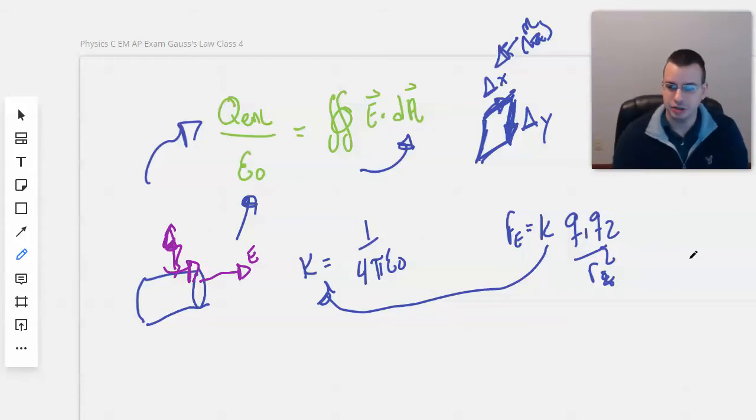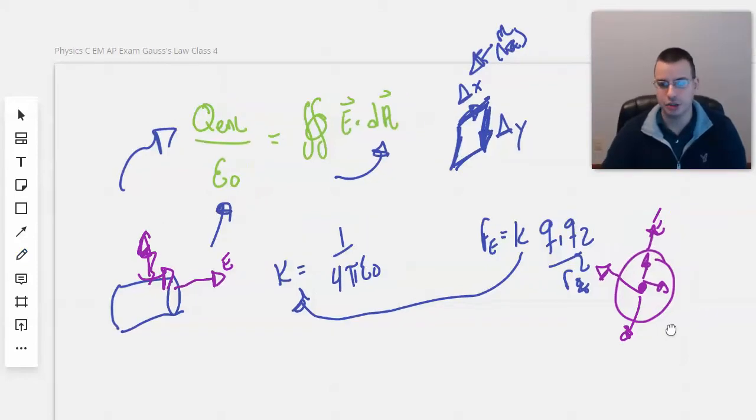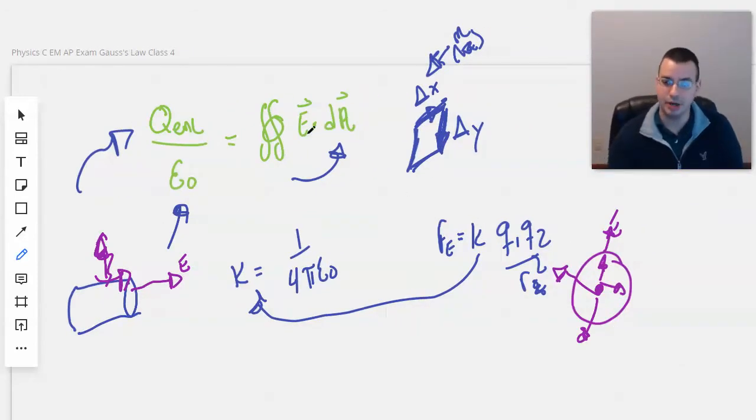You have a shape. You have a positive charge going outward. And so what you have here, you have an electric field going outward, and then you also have the area going outward as well. Since this is a dot product between the two, the magnitude of a dot product is